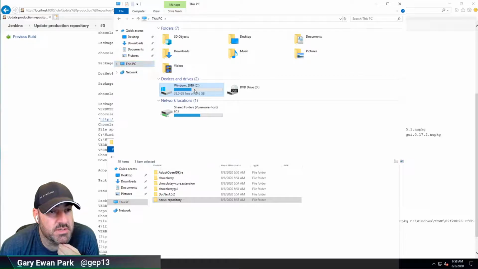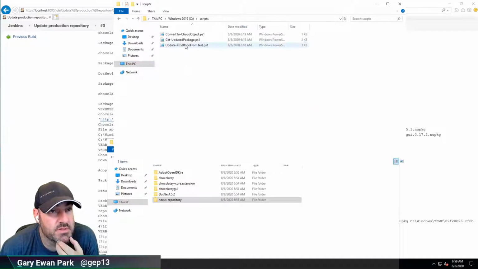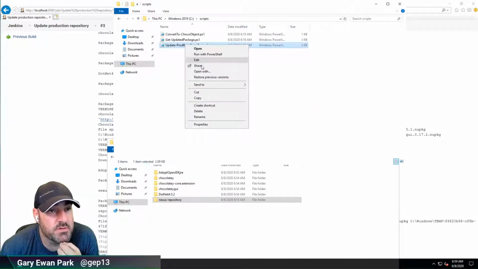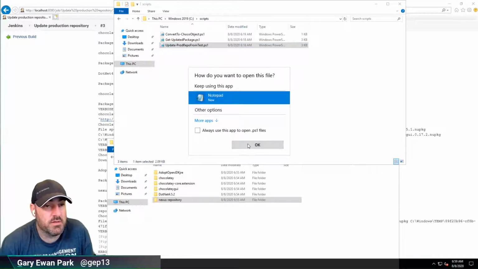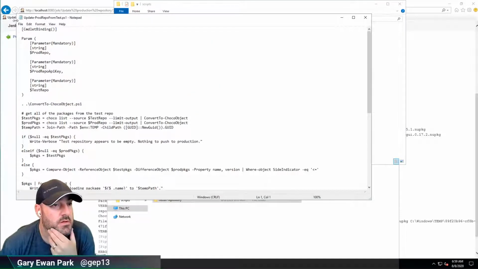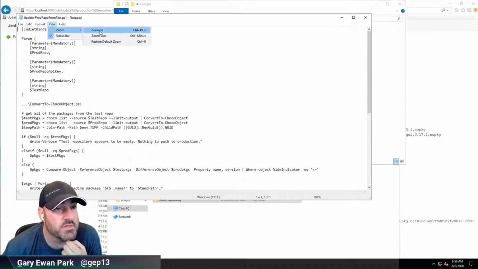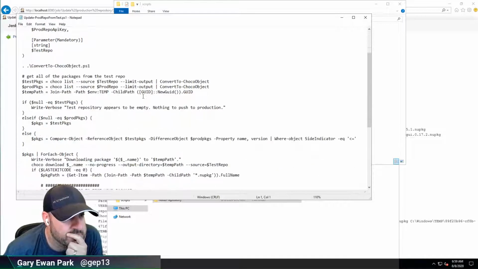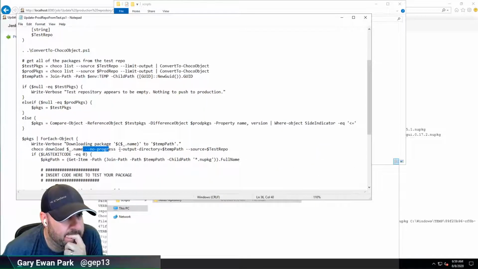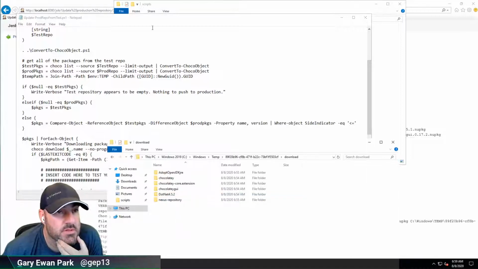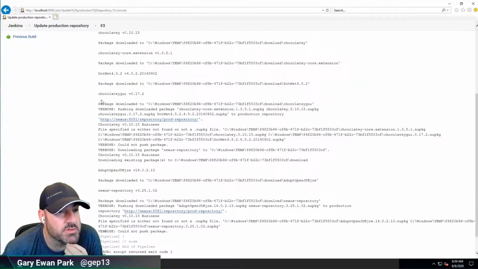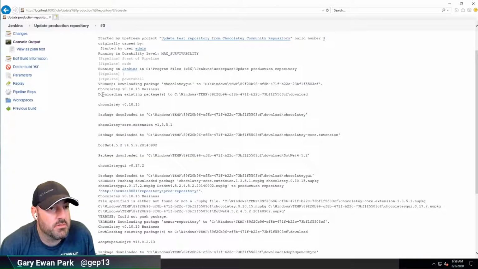So this PC, C scripts, what's this one doing? I'm going to say open with Notepad, and let's zoom in a little bit so that everyone can see. Output directory is temp path. So look at the output. So it was saying downloading,